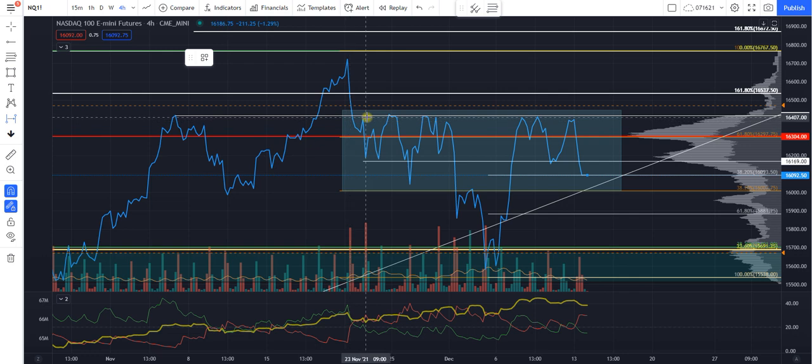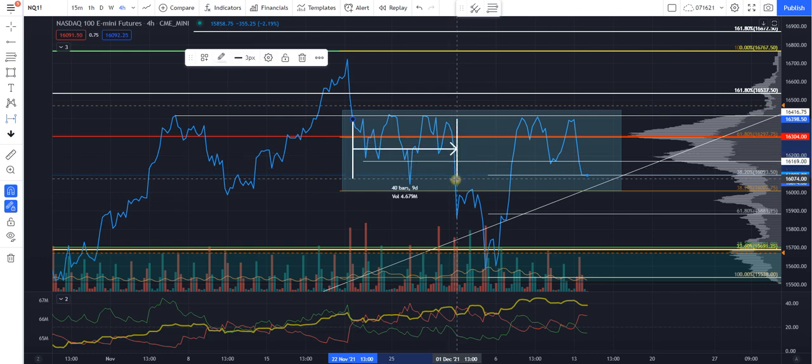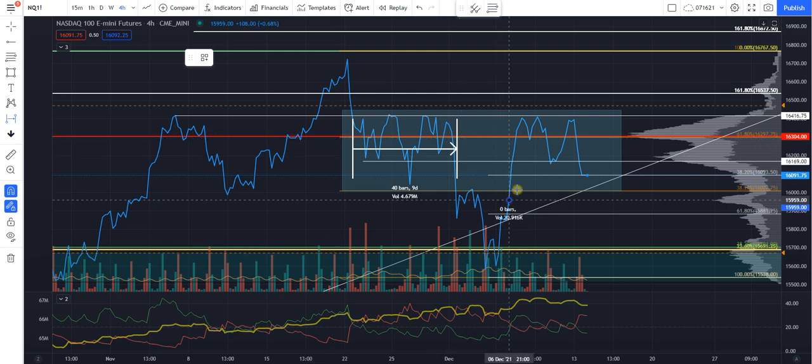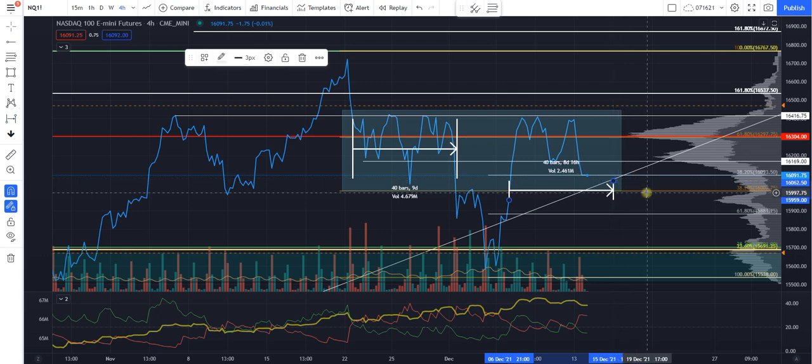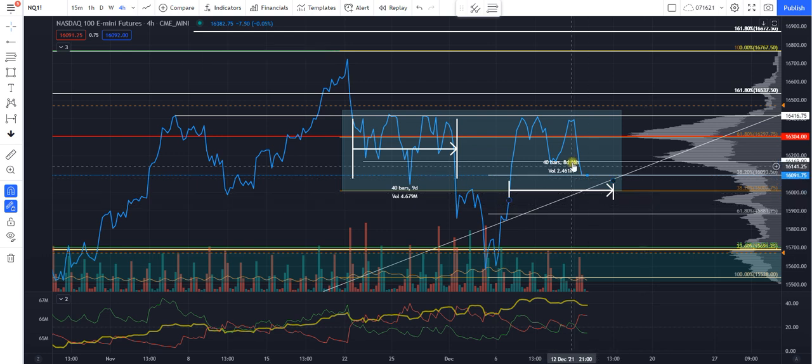Now, how much congestion? Generally, we say the left and right should be equal in time. Well, we're not assuming the previous side is 40 days. The other side was 40 days. And we can go ahead and chart our 40 days here, back to here, which is 15 December. And so we would assume that this pattern, if it's to break out, should break out somewhere around 15 December,